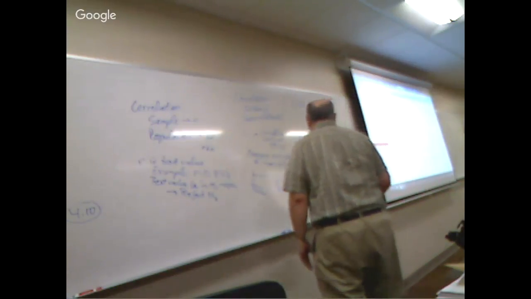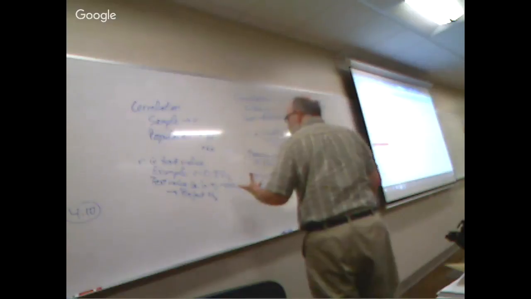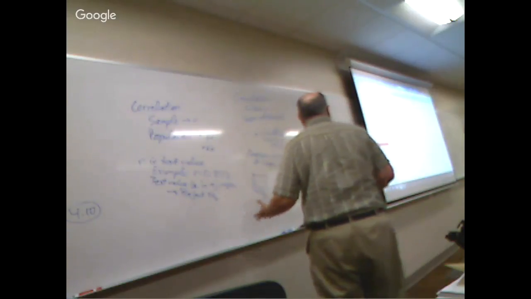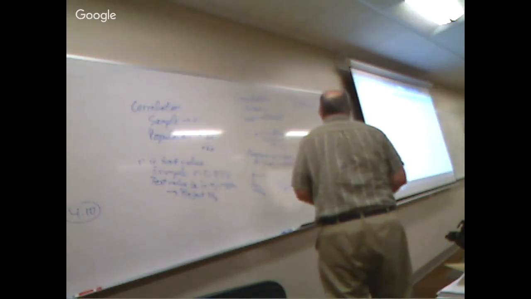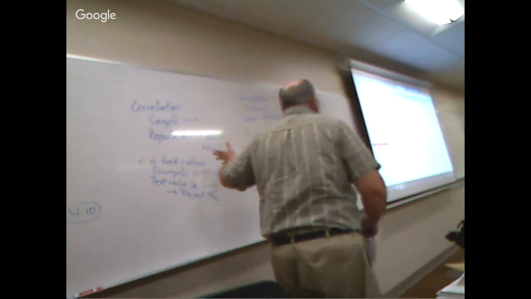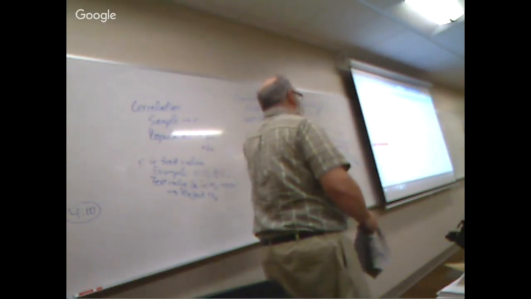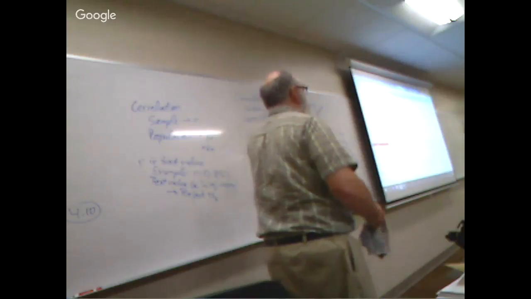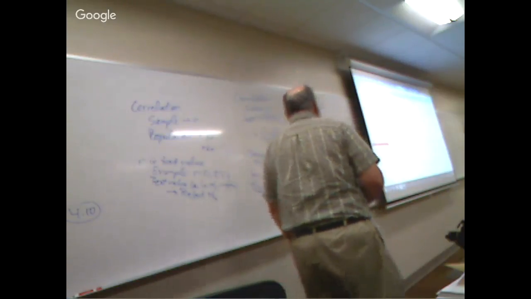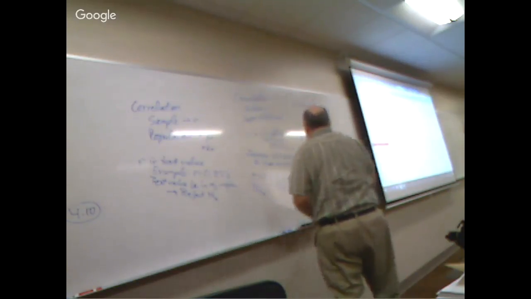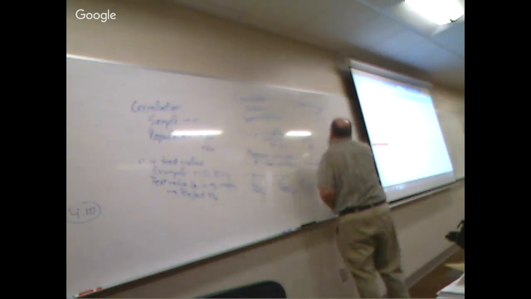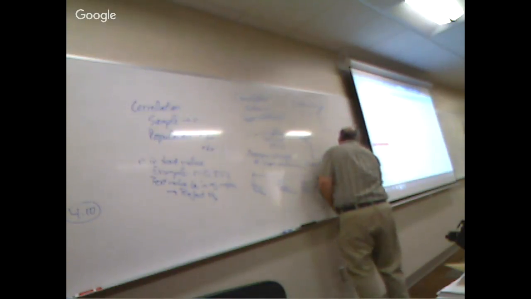If we reject the null hypothesis, which we did here, then we say there is a linear relationship. And then if R is positive, it's a positive relationship. If R would be negative, it's a negative relationship. Okay, but it's the strong positive or strong negative. Okay. So then,